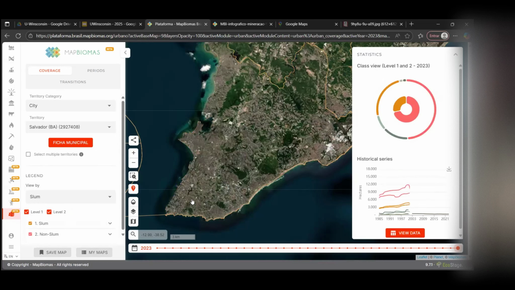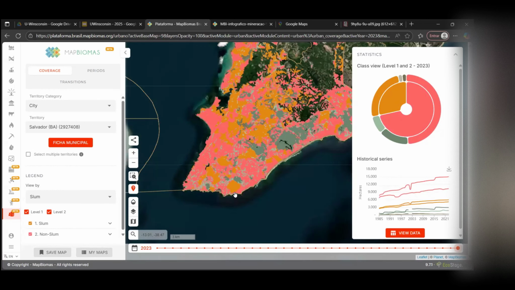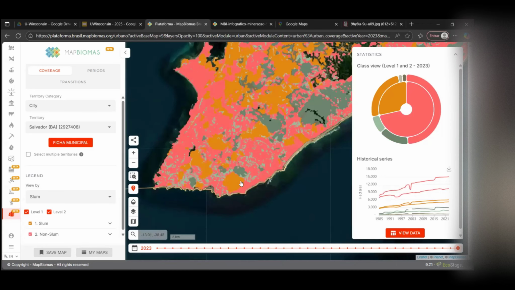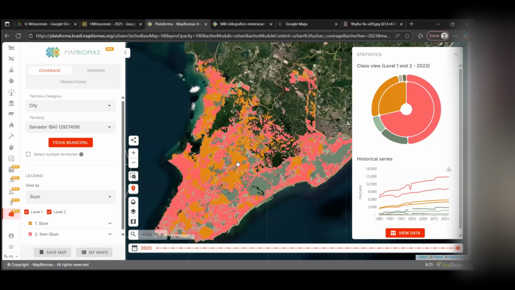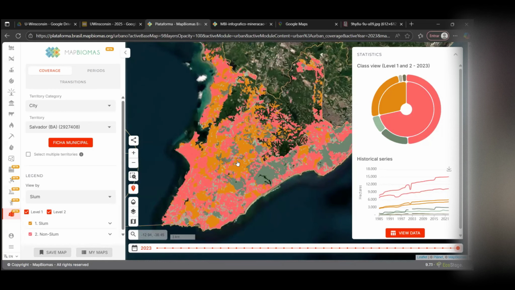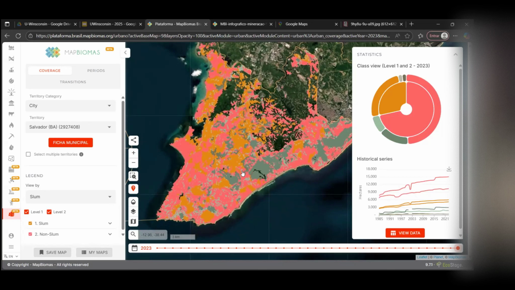When you click here, you can see inside of the city, in these orange areas, all these orange areas are the slums. So you can see for Salvador, for example, about 40% of the entire territory is a slum. This is a huge area for the city. In São Paulo, it's a little bit more. Rio de Janeiro is a little bit less. Manaus and Belém are more. It depends on how much money the region has. You have this correlation, right? So this is a poor area.